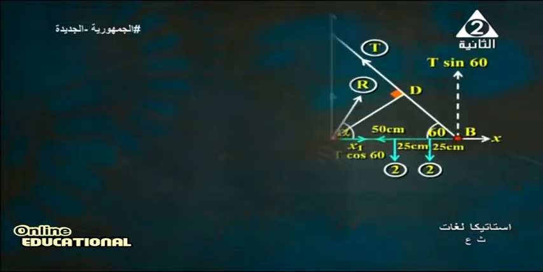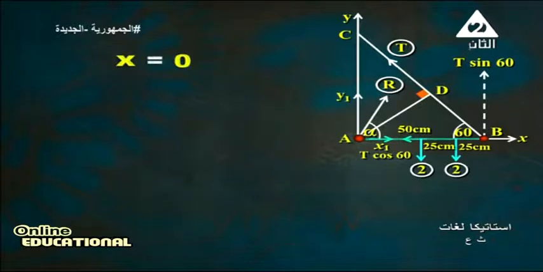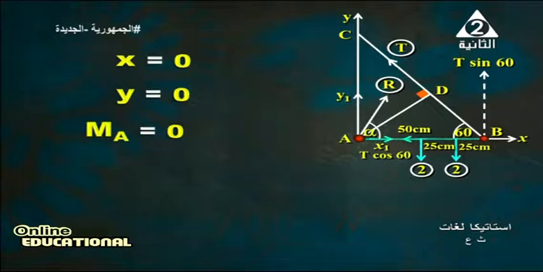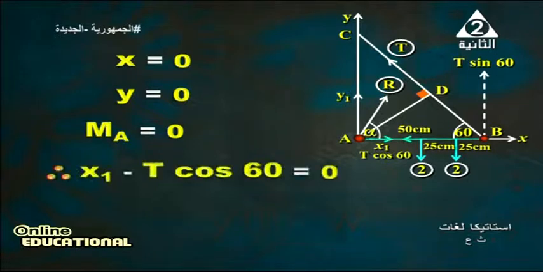Solution. Look at, my dear student, the figure represents AB, a rod whose weight is 2, and we have a weight 2 also at a distance 25 centimeters from point B. We know that summation of x-axis equals 0, summation of y-axis equals 0, moment at any point equals 0. At the first,